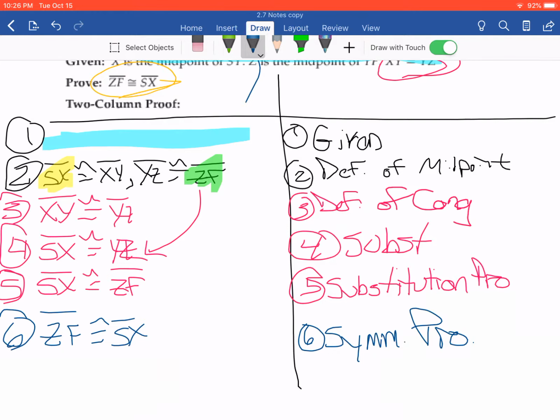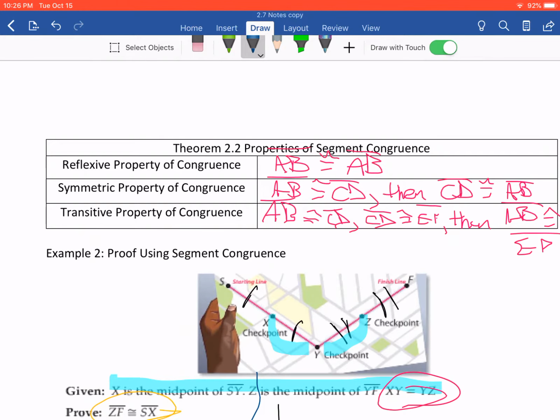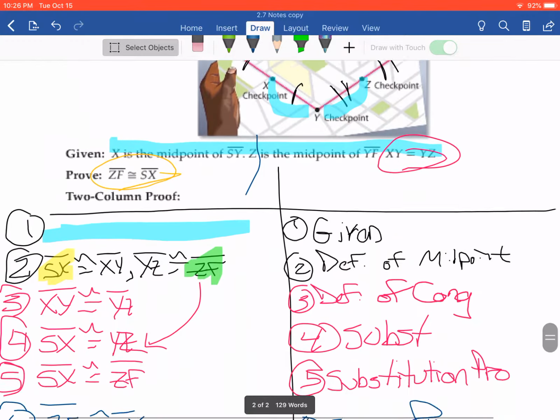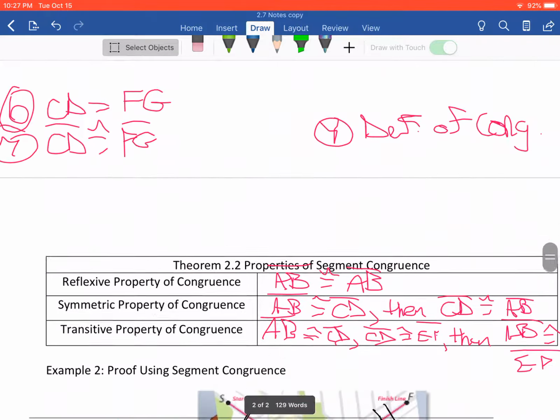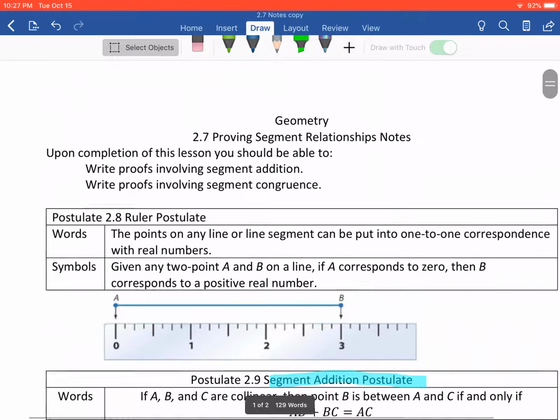So remember on this that I abbreviated for some space. Make sure when you write your two-column proofs out that you do not use any abbreviations. Make sure you understand how to use the definition of congruency. That will be important as we move forward here. And that is lesson 2.7, proving